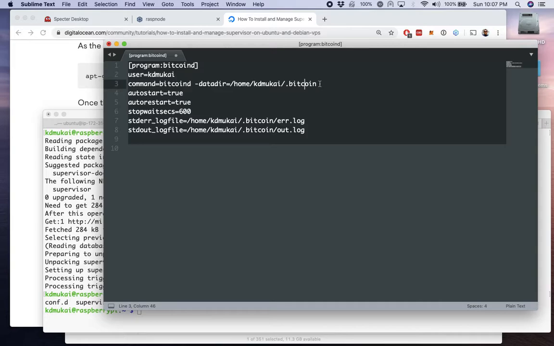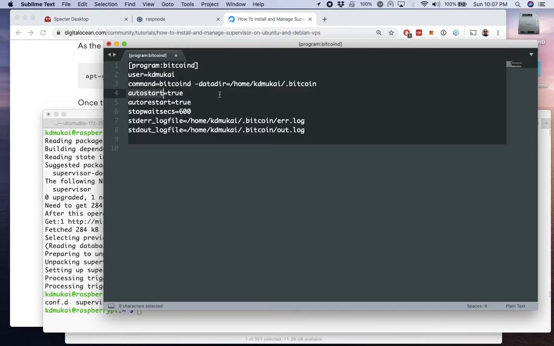That's the data directory that Bitcoin is going to write the blockchain data and store the wallets and everything else. So it probably isn't necessary to specify this explicitly because bitcoind should just automatically look there. But just to be safe, I'm adding that option into the command,